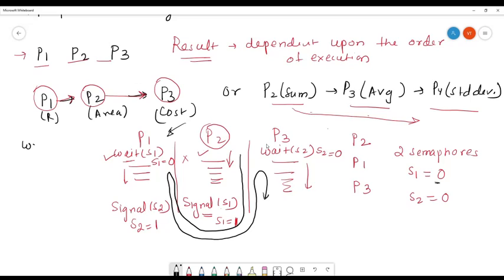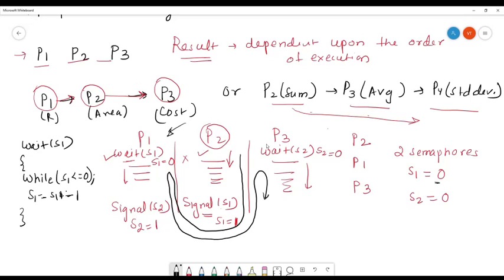In the wait function we have studied what is written here: while S1 less than or equal to 0, do nothing; then S1 equals S1 minus 1. This is the requirement.